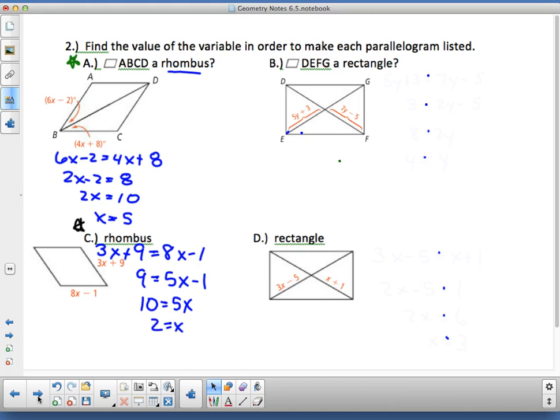Are you okay with that? Now, we talked about rectangles. Rectangles, the diagonals bisect each other, but they're also the same length. So half of the same is still the same. Half of the same is still the same. So I've got 5y plus 3 is equal to 7y minus 5. That's the setup. But part of this, half of the same is still the same, sets up a special type